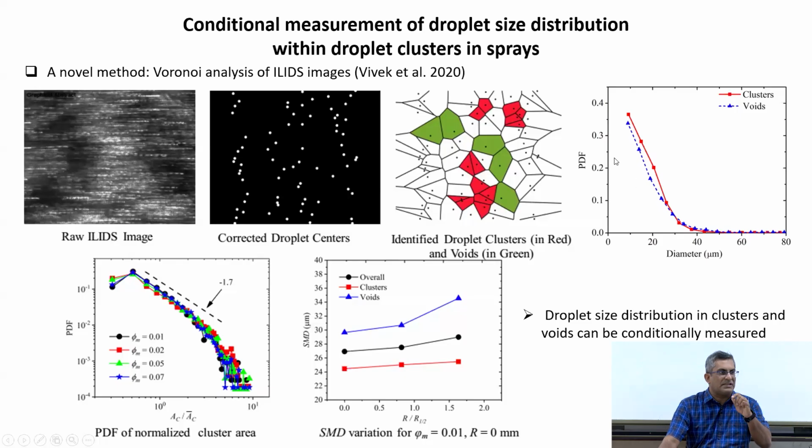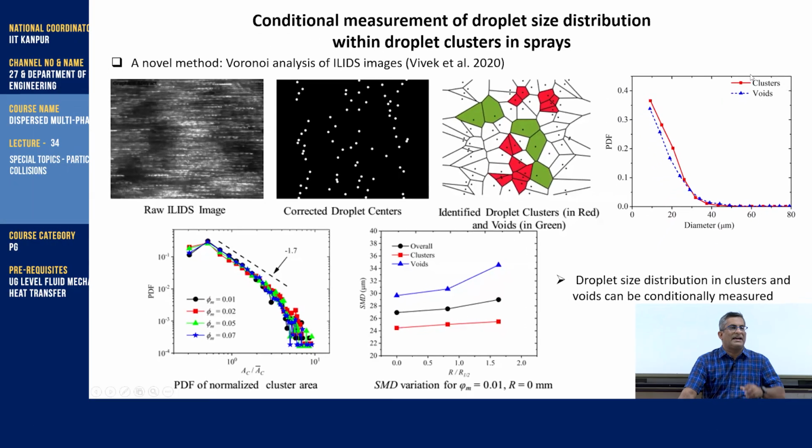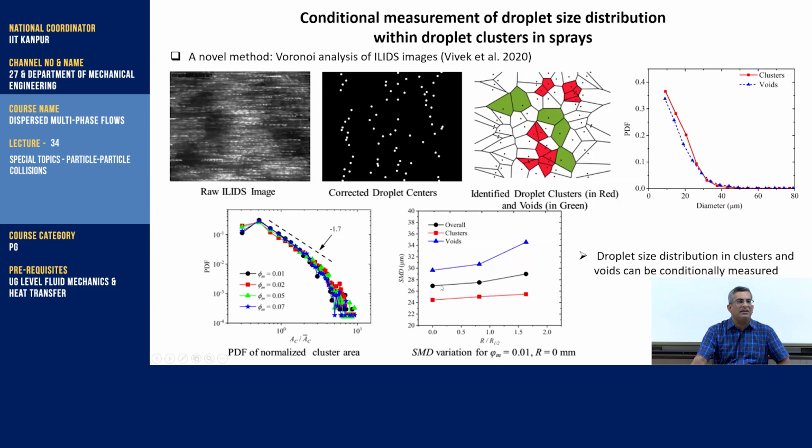So, there is some difference. What we see here is that the probability of smaller size droplets is higher in the cluster, and the probability of larger size droplets is lower in the cluster. So, basically, the characteristic size, or say SMD, actually reduces in clusters. In this example, again these are not universal, in this experiment what we have seen is that in the spray,